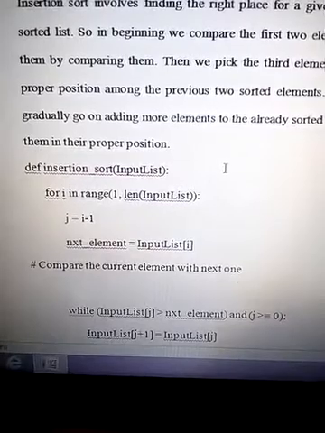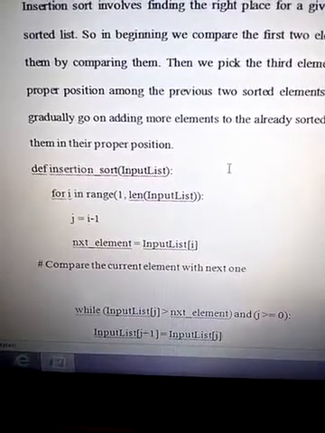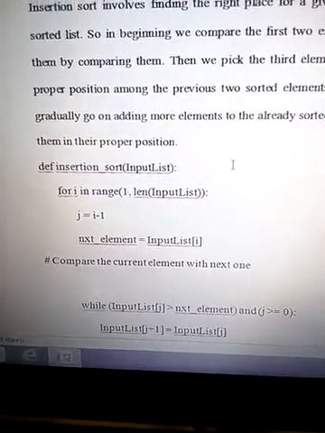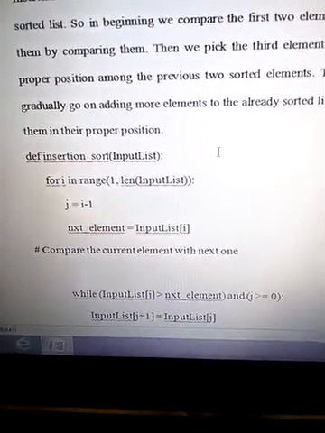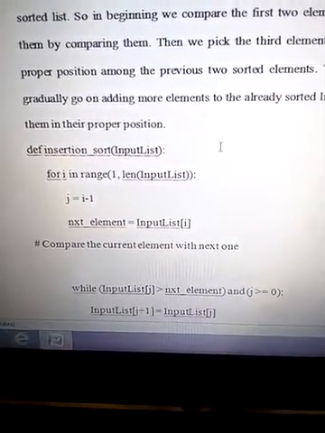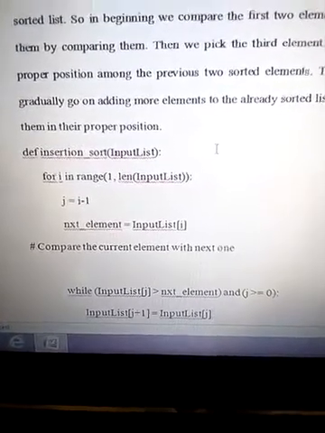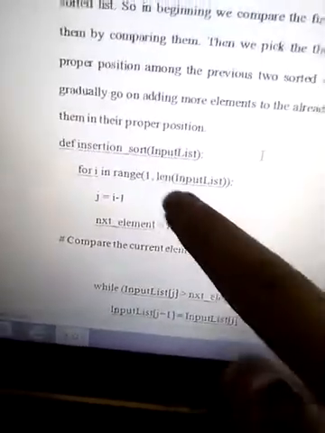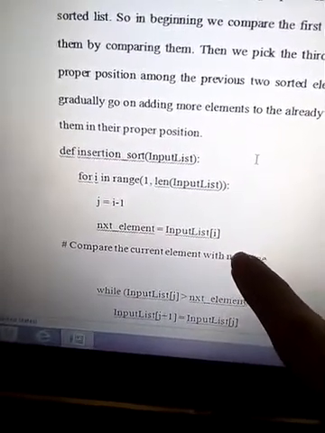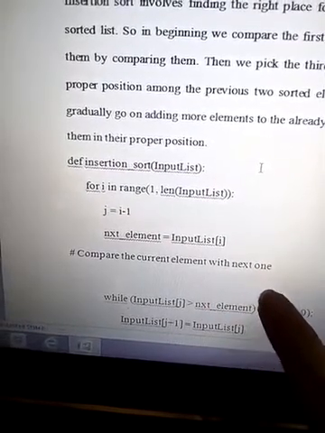So here j is considered as the 0th position, its position only, not as an element. So next_element is equal to input_list[i], that means next element will take the first position element. j is the index only, and here we are taking it as an element.